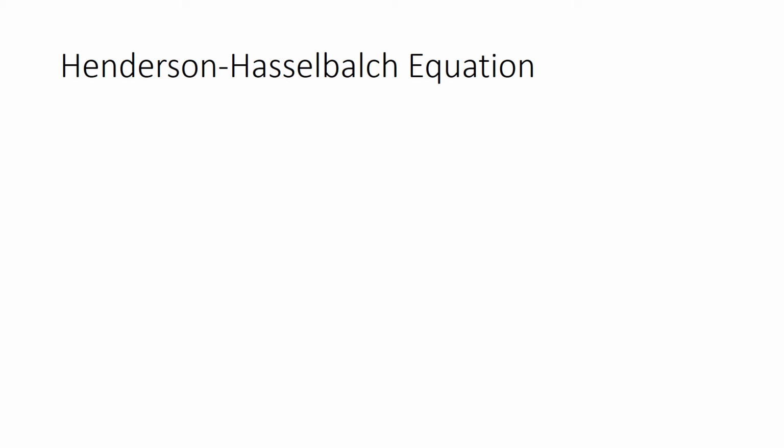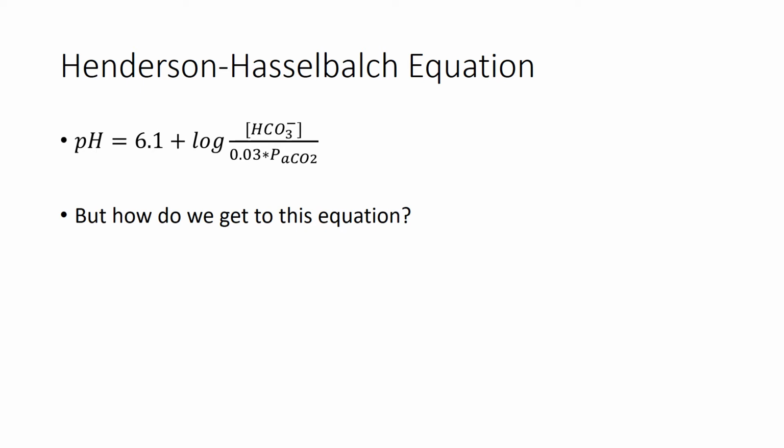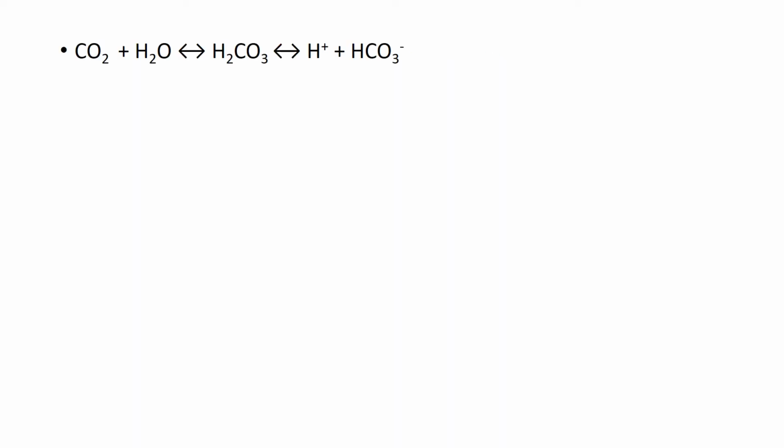One equation you will come across in your studies is the Henderson-Hasselbalch equation. And for the blood, it's pH equals 6.1 plus log of the quantity concentration of bicarbonate over 0.03 times the partial pressure of CO2. And it's important to understand how this equation came about, because once you do, acid-base will make so much more sense. But how do we actually get the equation? First, we return to our original reaction, but let us focus on the latter half of it, that